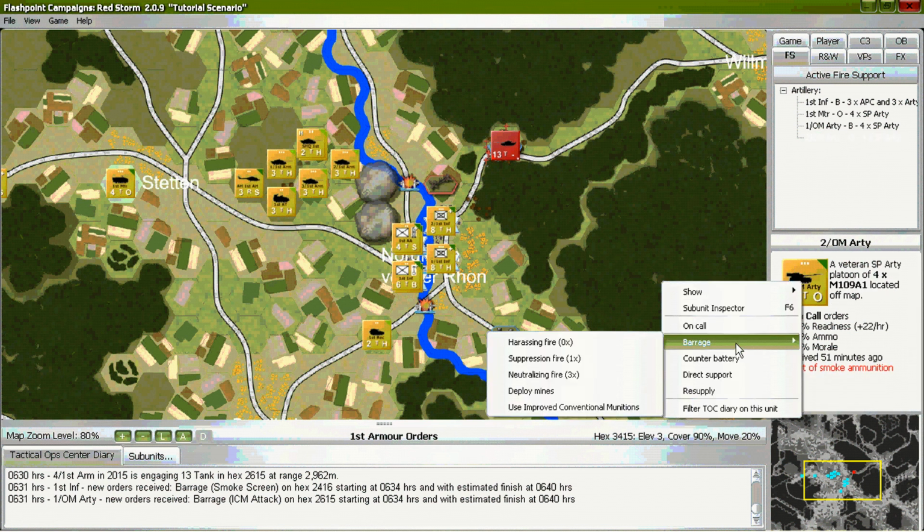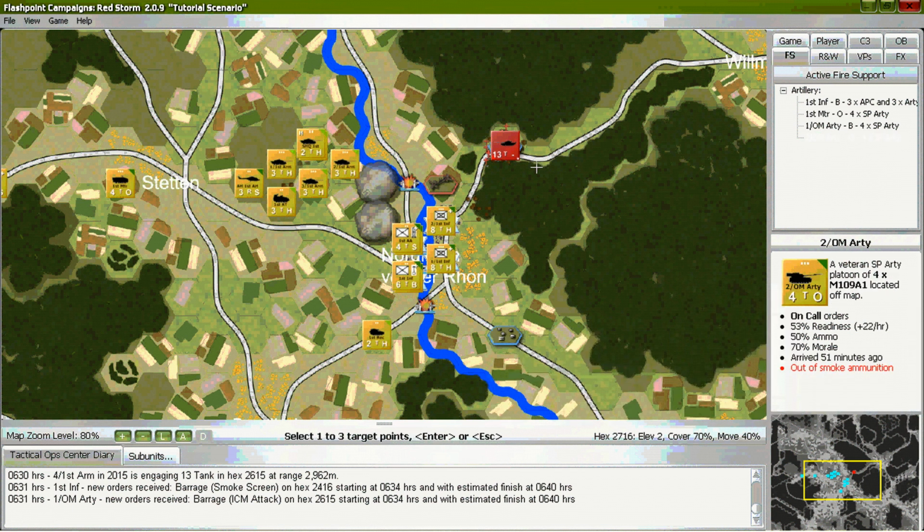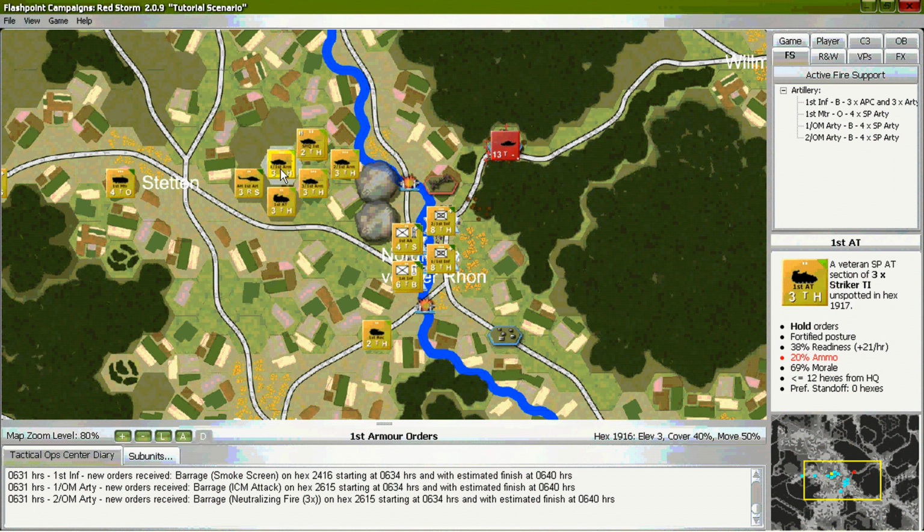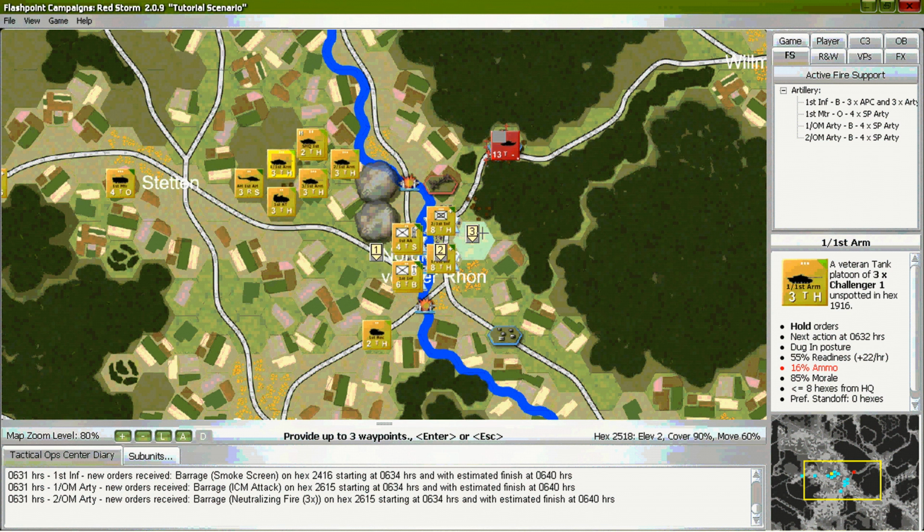The other off-map artillery will drop neutralizing fire. The tanks will make an assault movement into town and hold their position upon the objective.